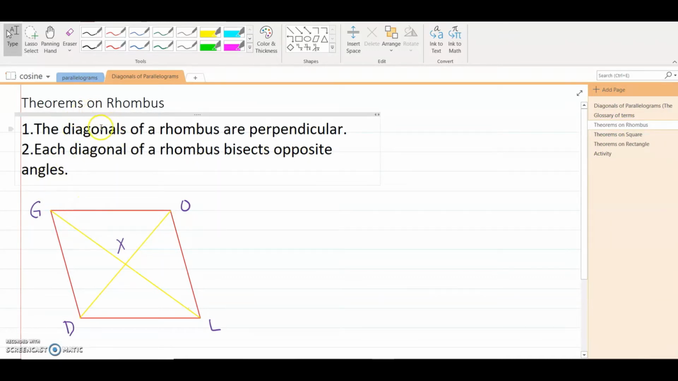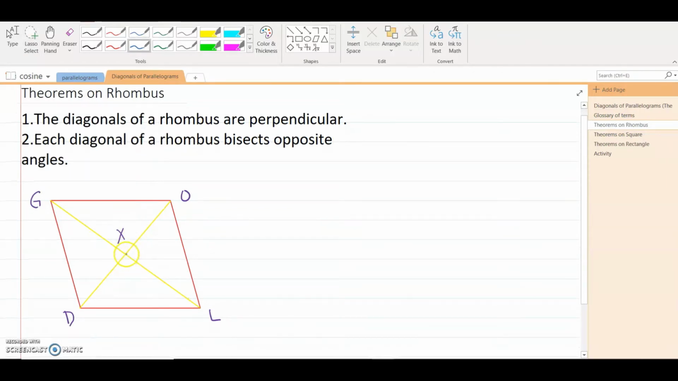So for this particular figure, we have parallelogram GOLD, which happens to be a rhombus. So we know that rhombus, it has all sides equal. So we have here rhombus GOLD with the point of intersection X. So do sa number 1, the diagonals of a rhombus are perpendicular. So if this is the point of intersection at point X,